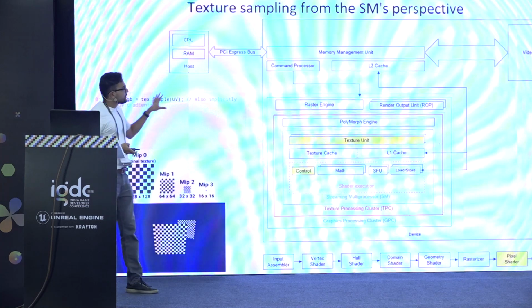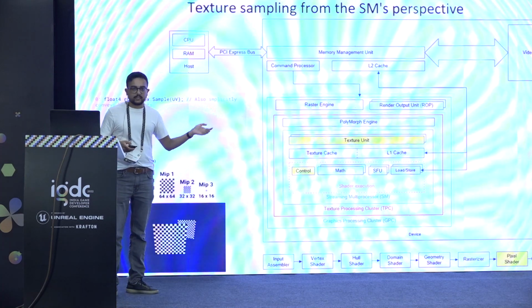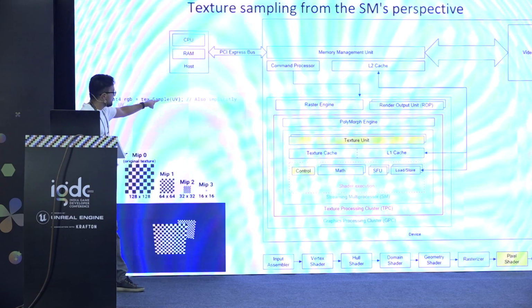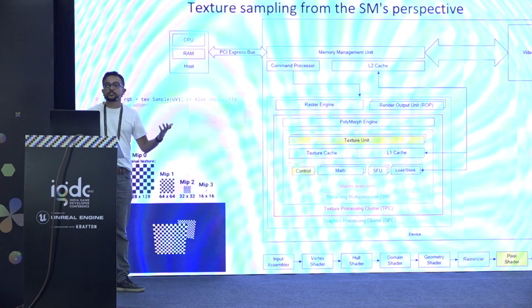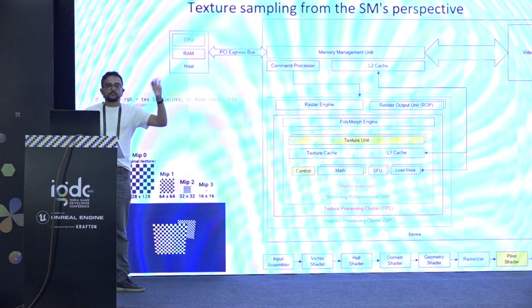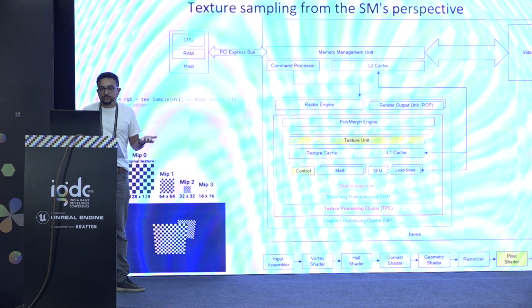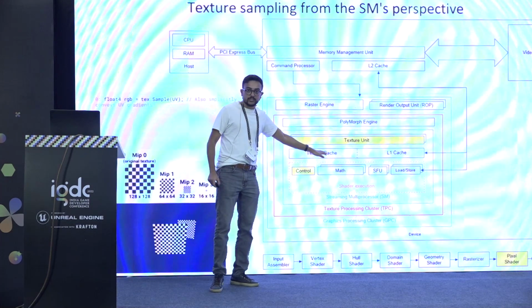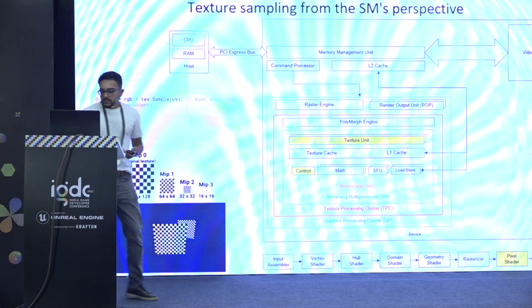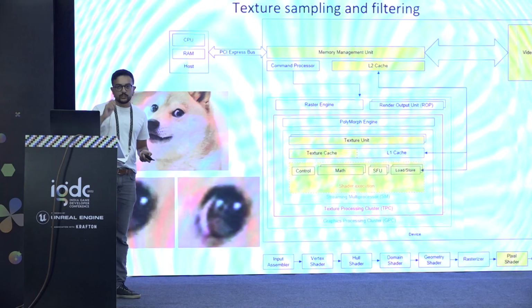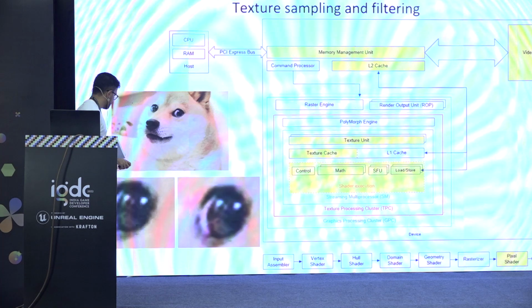Now we look at texture sampling a bit more again. So now you do a texture sample in your pixel shader, and it basically determines, based on this pixel quad situation, which MIP map to sample. It sends that to this texture unit. Texture sampling is an extremely slow process, and let's look at why. It might be a bit hard for you to understand on this screen, but